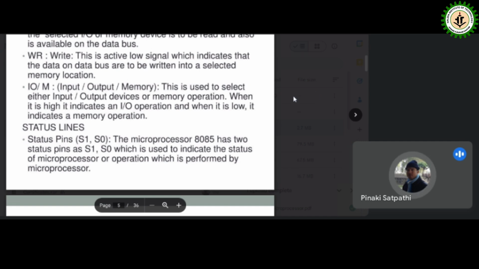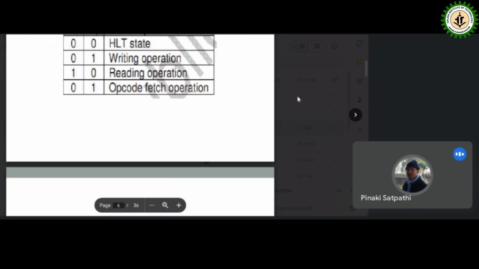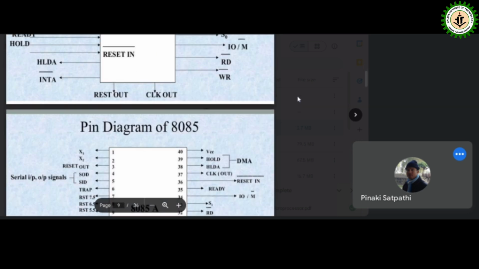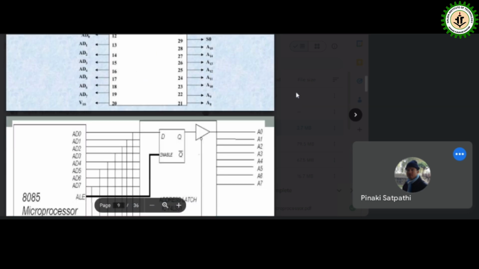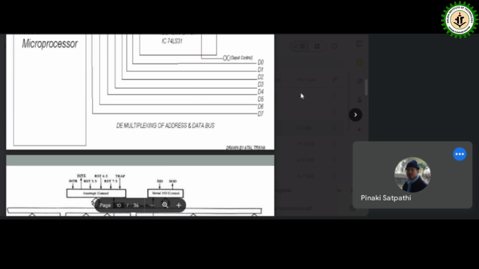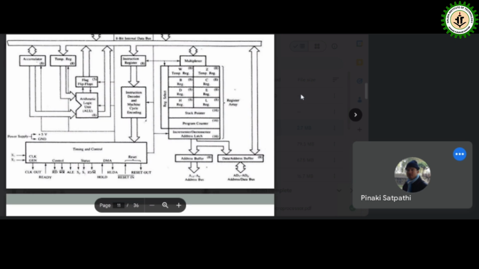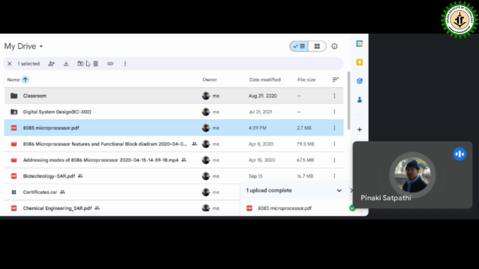Our next topic is the functional block diagram of the 8085 microprocessor. This is the functional